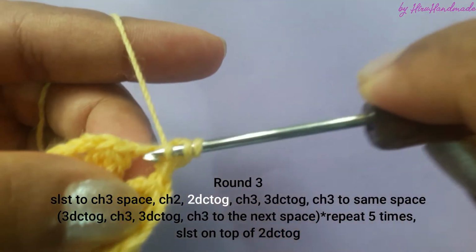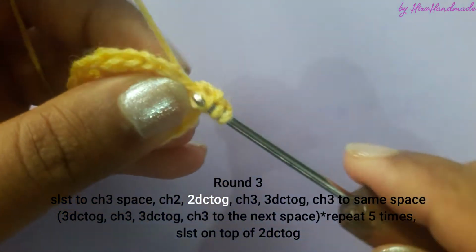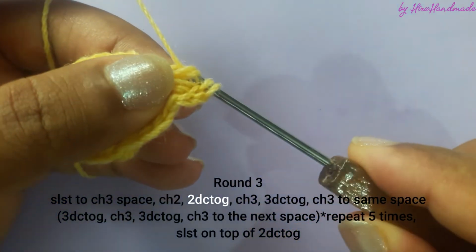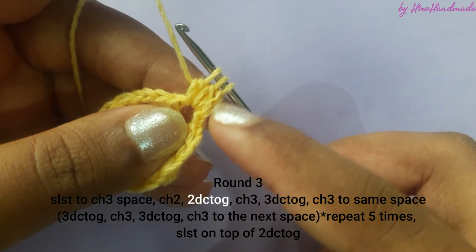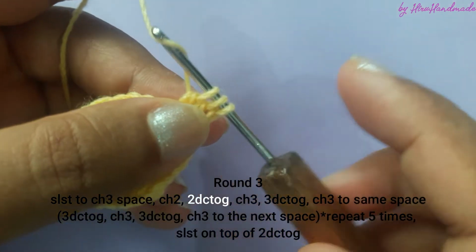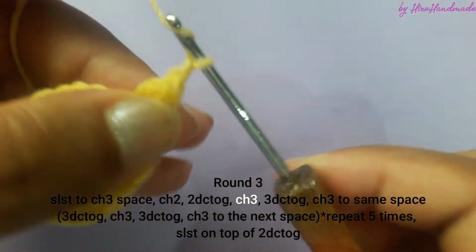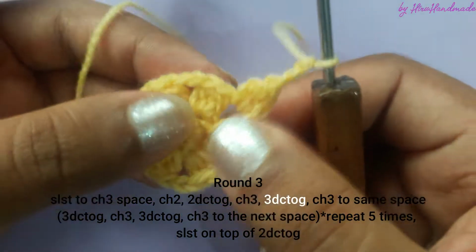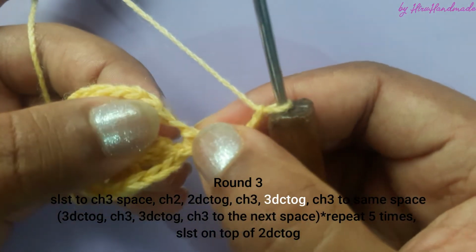Grab the yarn and insert the hook into the same chain space and grab the yarn and pull through the space. Now you have 4 loops on the hook, grab the yarn and pull through 2. Now you have 3 loops on the hook. So with this chain 2, this is going to be 3 double crochets together. So grab the yarn and pull through all 3. Then you need to chain 3, 1, 2 and 3. Now again you need to do another set of 3 double crochets together to the same